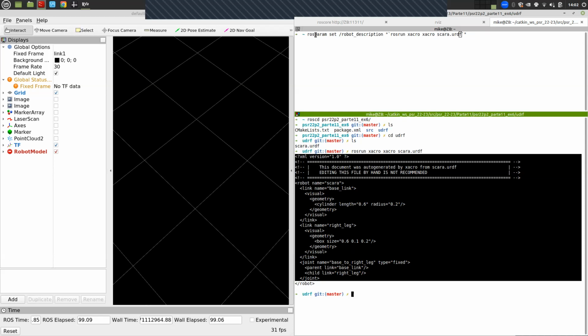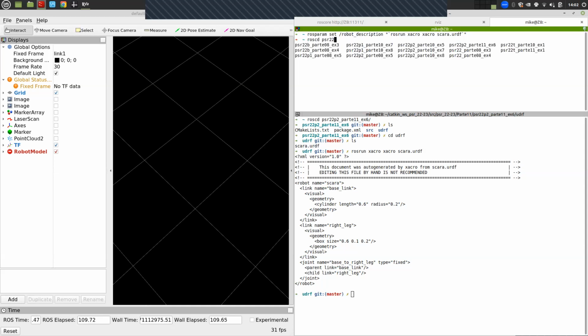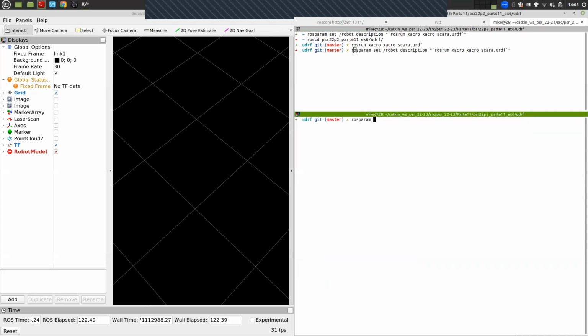So in order to run this code, I need to be in a place where the scara is. So I have first to roscd PSR 22 P2 part 11 URDF. Okay, now I can do this. So look, rosparam list. Very few parameters. After I run this,